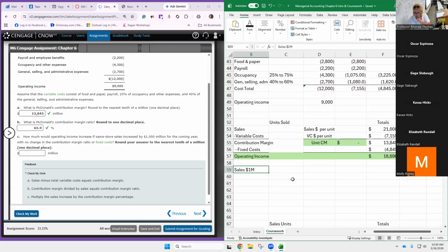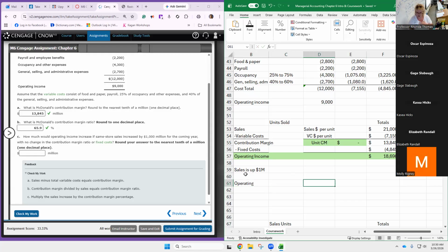Okay, so sales are up 1 million, so an increase. And by the way, leverage works both ways. If you have a lot of leverage and sales increase, then that is going to amplify the increase. But if you have a loss, it will also amplify the loss. So put down operating leverage